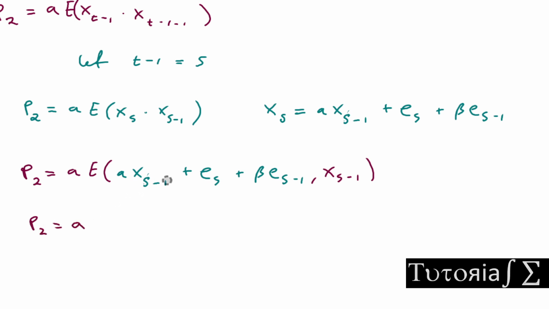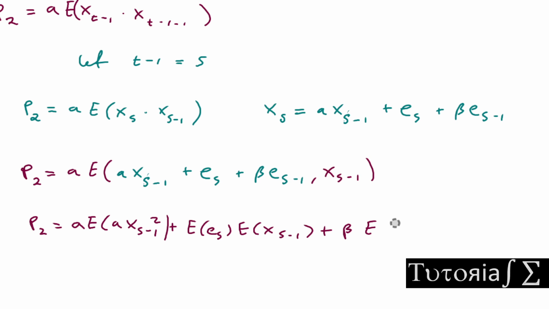Then we distribute just like we were doing. So we distribute throughout, then we distribute the expectation. We're going to have expectation of a. So this times that will be x_{s-1} squared plus this times the expectation, that will be expectation of e_s times expectation of x_{s-1}